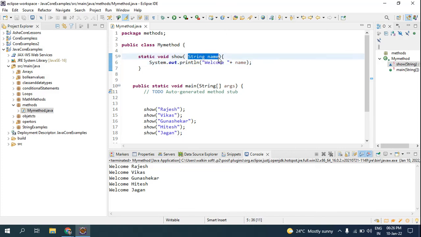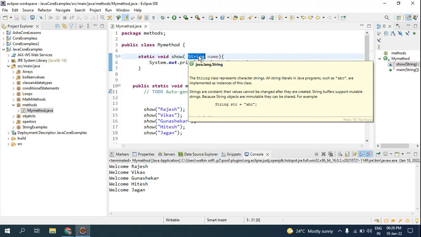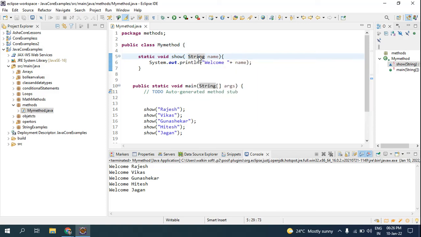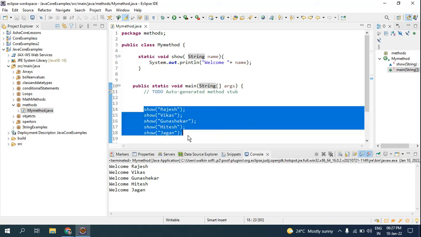So the parameter always should be inside the parenthesis, and one more thing is that you have to give the data type. If you have not mentioned the data type, then it will give you the error. Look here, whenever you call, all the 5 things will be giving you error. So these are the restrictions Java compiler throws you for writing your own customizable methods. And one more thing here, what I have to say is that you can have n number of invocations here, like you can invoke it as many times as you wish. So this is about the method.